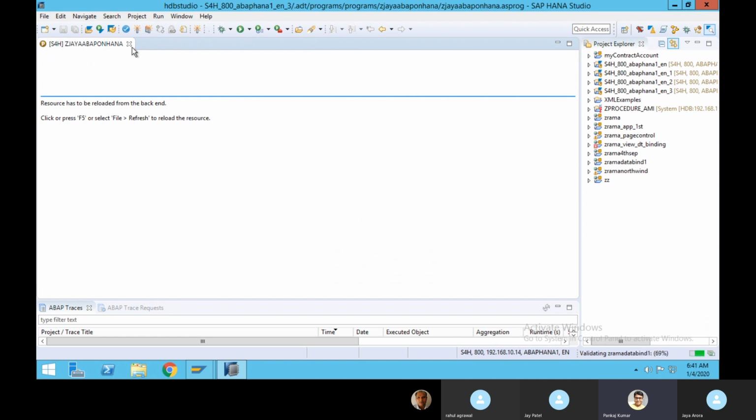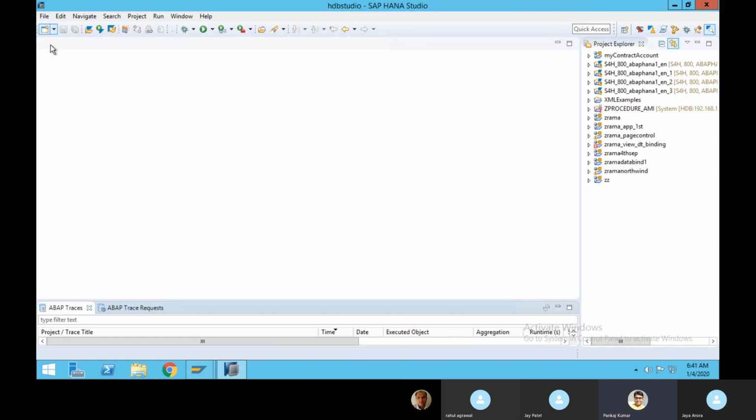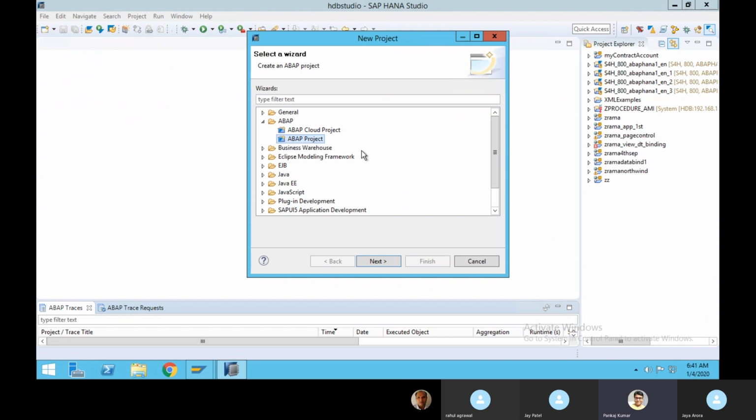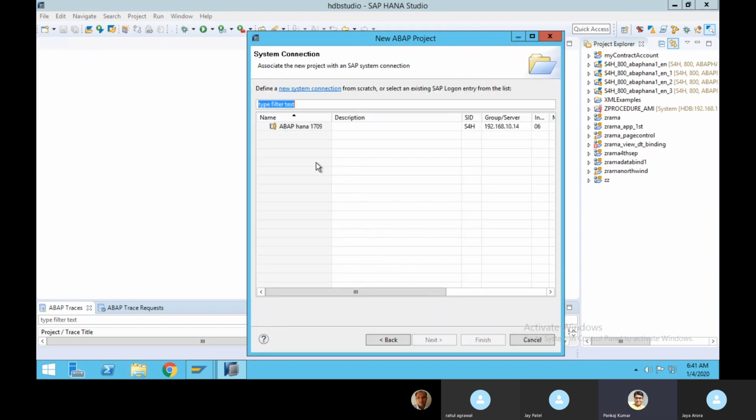Let's create our new project. Whenever you want to create a program in ADT or HANA Studio, first you have to create an ABAP project. In the last class we discussed the same thing; let me do it once again. You have to start an ABAP project and select the system.